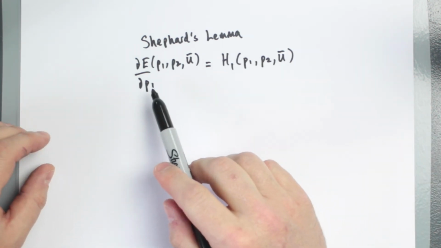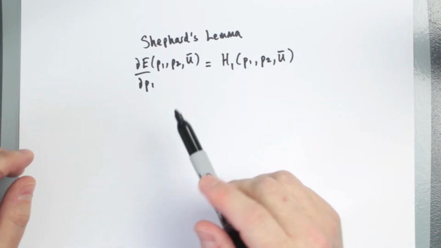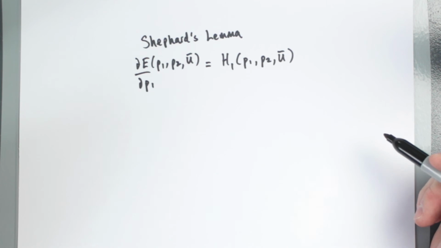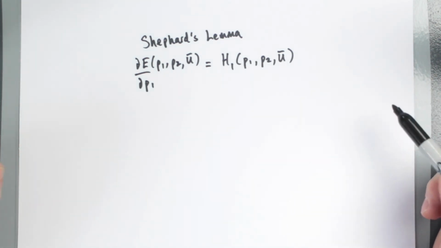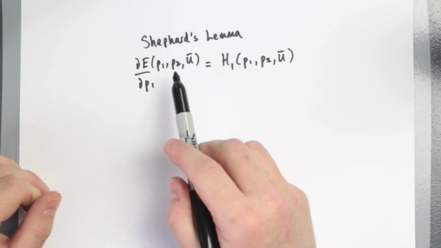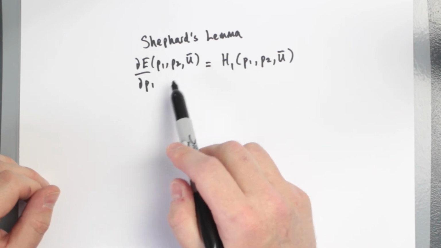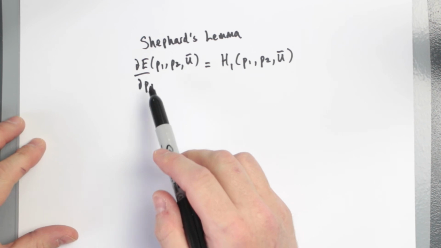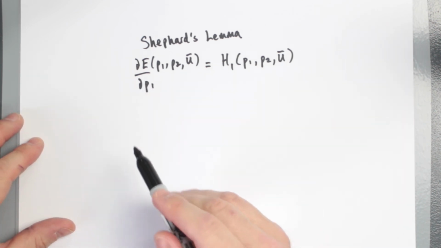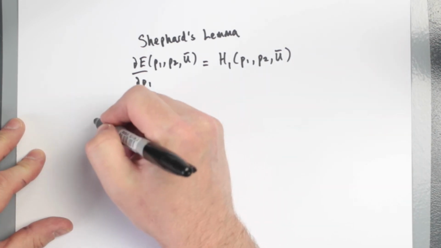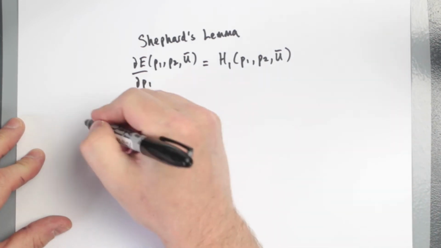So, if we remember a result, the fundamental theorem of calculus, which I expect you've seen before, but you at least know the idea that integrals are the anti-derivatives in some sense. Now we're going to treat P2 and U bar as constant, so don't worry about the partial yet. But if I wanted to reverse this, then I'd be taking an integral. So based on this idea, if we remember the definition of compensating variation,